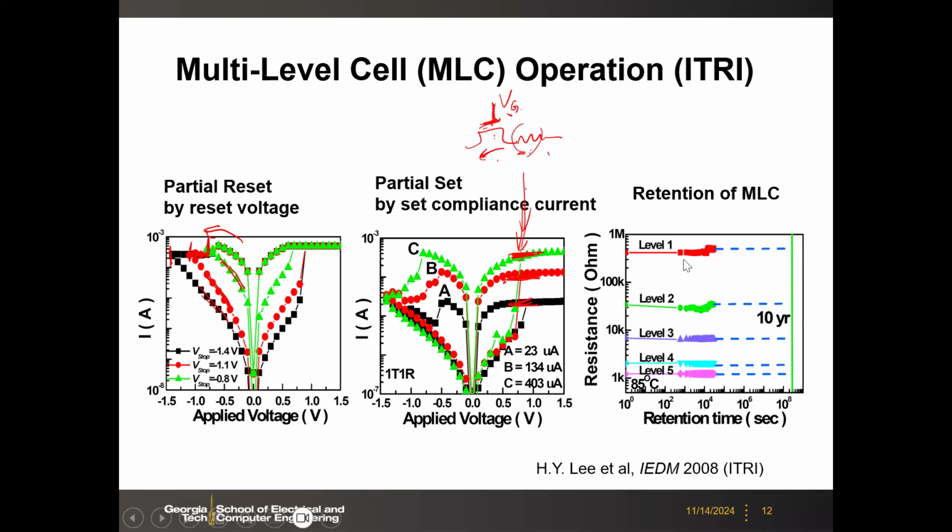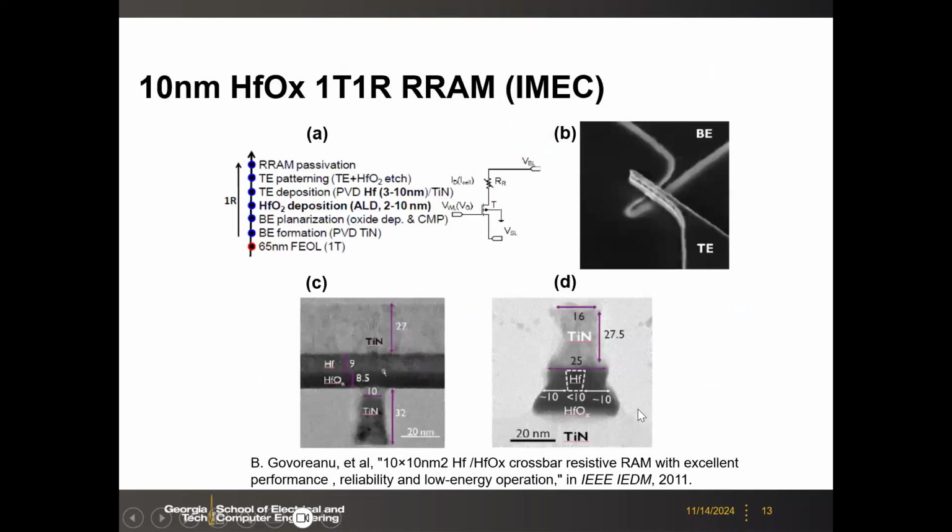So here it demonstrates that you can have multiple levels, different resistances, and then they measure the retention of different resistances, and also do this simple extrapolation to show the potential of this multi-level operation. Okay. So this was the e-trace work. And then IMEC, the research organization from Belgium,